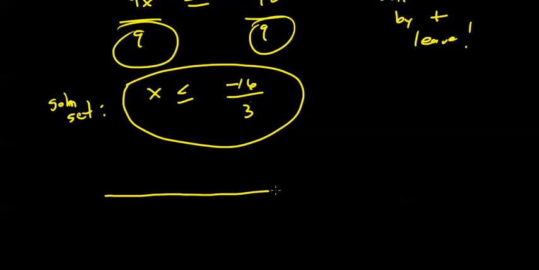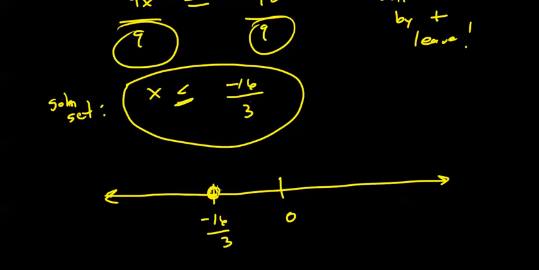And if I ask for a number line graph, again, less than means left of. Negative 16 thirds is negative, right? Somewhere in the neighborhood of negative 5. I'll just plot a point somewhere left of 0, indicating my boundary value of minus 16 thirds. And again, less than means left of. Less than or equal to indicates a set closure at the boundary, and of course all values to the left all the way down to negative infinity. Okay, and again our author would use this graph notation to indicate set closure. You can use one or the other. Okay,